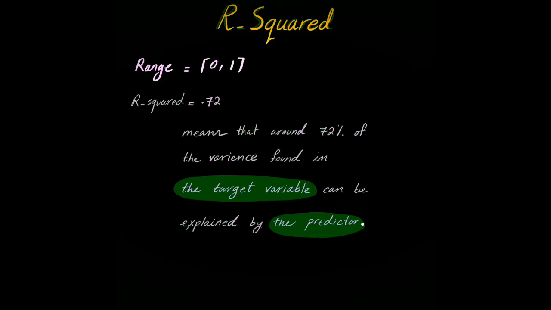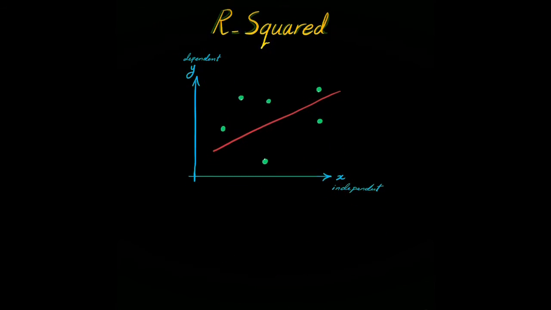So let's visualize the statistic. R squared will help us explain how much of the variation in y is described by the variation in x. R squared is what percent of the prediction error in the y is eliminated when we use our model on the x variable. You can think of it as